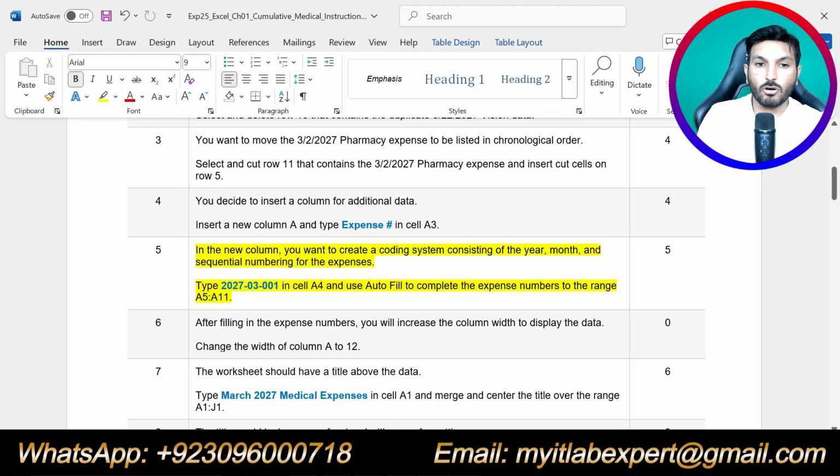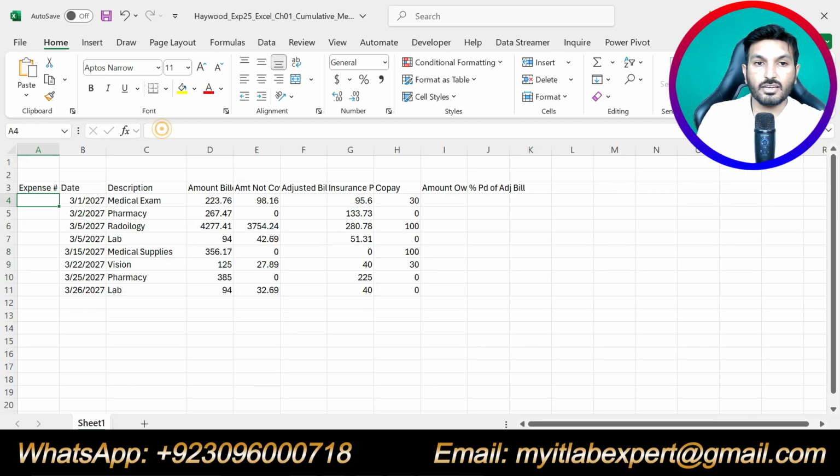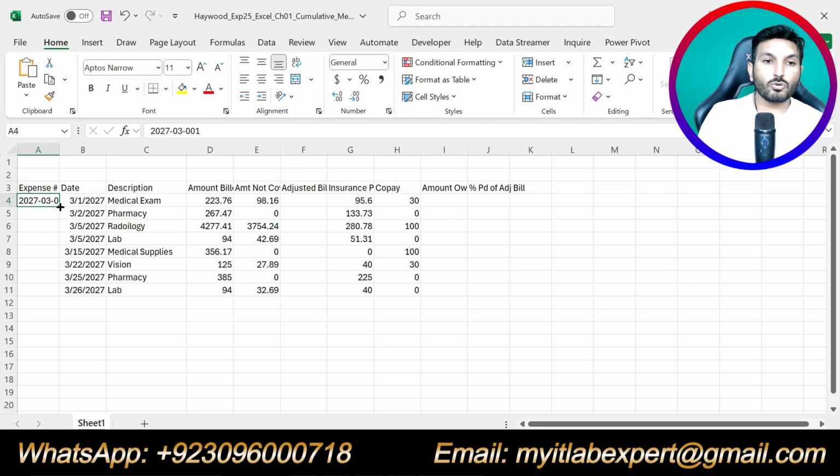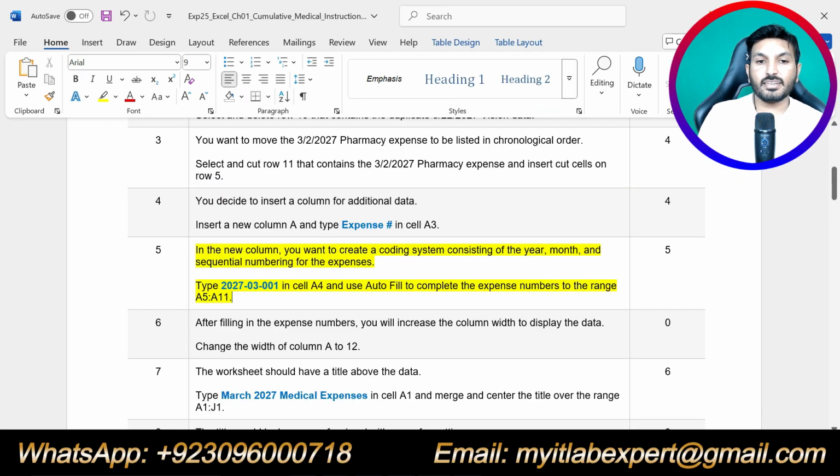I will simply copy this one and paste in cell A4, and use autofill to complete the expense number to range A5 up to A11. So go to this dot and a plus sign will appear. Double click on it and we will get the autofill result. So that is all about step number 5.